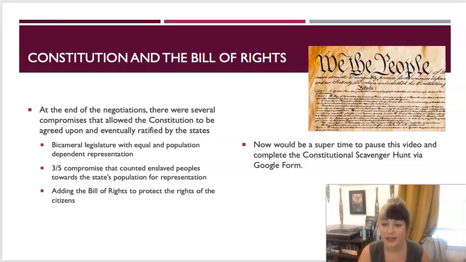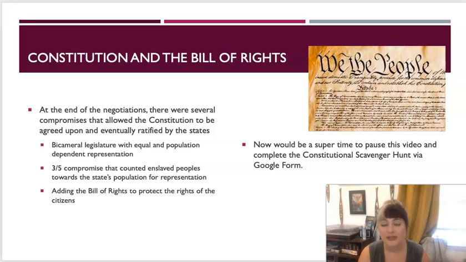The biggest one, going to be called the Connecticut Compromise or the Great Compromise, is going to be between the New Jersey Plan and the Virginia Plan. And basically what's going to happen is we're going to end up with 3 branches of government: an executive, a judicial, and a legislative. But our legislative branch is going to end up as bicameral. So the Senate, every state's going to get the same votes, say 2 votes, and then the House of Representatives is going to be based upon population. So that's going to be our big compromise between the big and the small states.